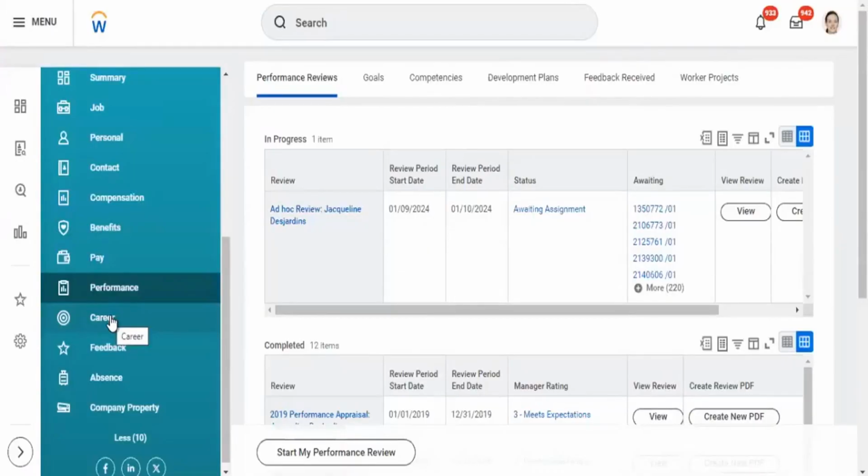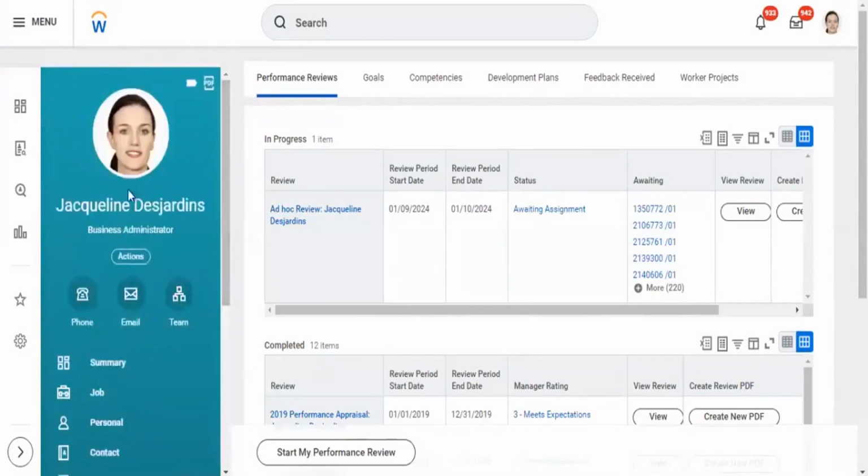But that has come into extended enterprise learning. A learner who is not involved in Workday will not be able to see any of this, because that person is not an employee and is not in the system. That person will not be able to access any information, not even job information or a summary. They will not even have this kind of view, because they are not an employee in the system.